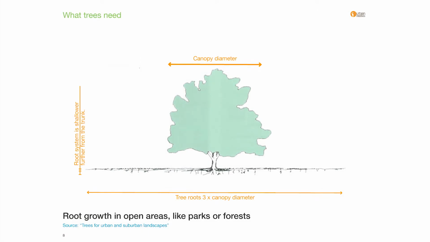So this is why soil volume matters. Because in a tree grown in an open space where there's no constraints like curbs or services, the tree roots are mostly lateral roots and they're fairly evenly distributed around the trunk in a radial pattern. And the tree roots can spread up to 3 times the diameter of the canopy. So that drip line notion, it's kind of true but also kind of not. And the shallow system is typically shallower the further it is away from the trunk.